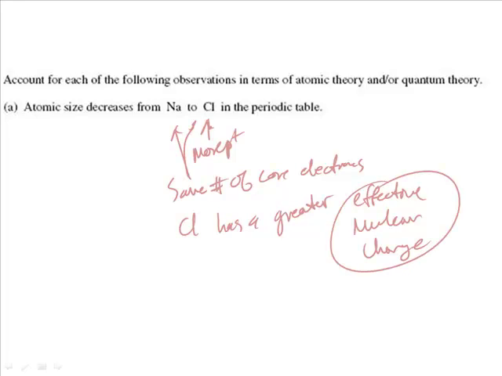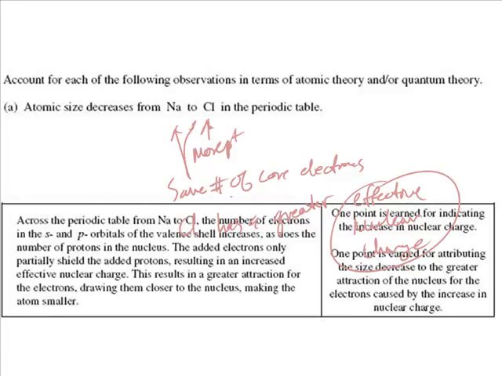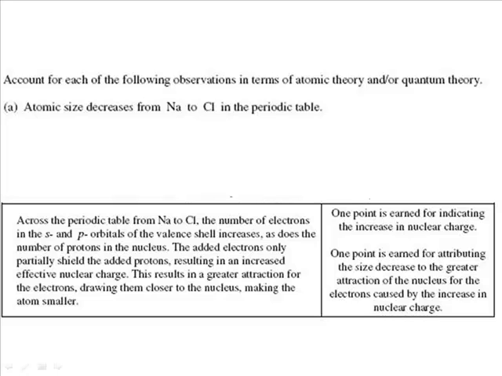And again, you wouldn't necessarily have to include that. That's just one of those key words where if they see it, they go, okay, this person knows what they're talking about. Okay, so the way they describe it is, number one, they gave you 1 point for indicating the increase in the nuclear charge. So again, chlorine having more protons. And then you got another point is earned for attributing the size decrease